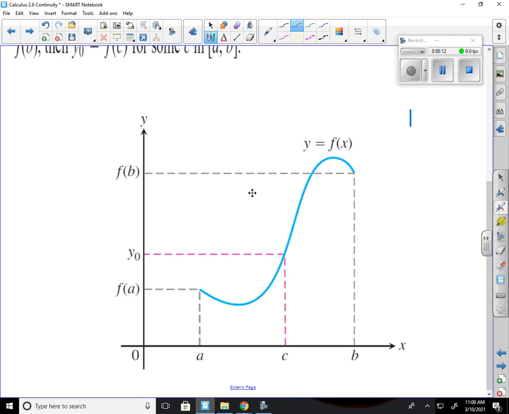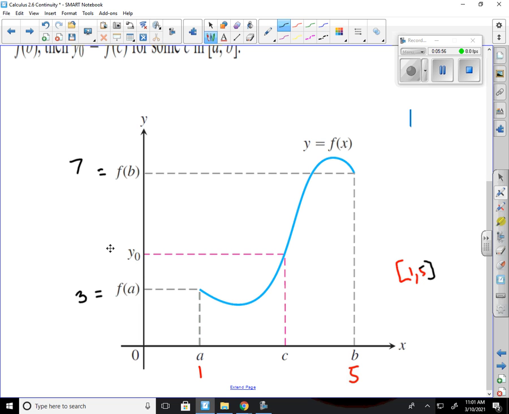What that means is if I have a graph and I have an interval from a to b, and I'll just put numbers in so it's more understandable. So this is 1 and this is 5. So I have this interval from 1 to 5. Then if this is continuous, we're assuming that it is continuous, then if I plug 1 into my function and get a number, say 3, and I plug 5 into my function, get another number, say 7,